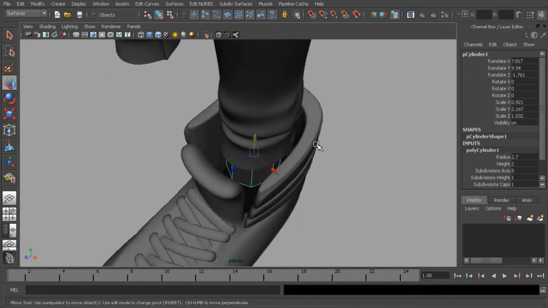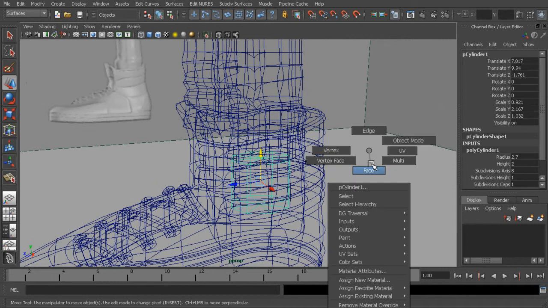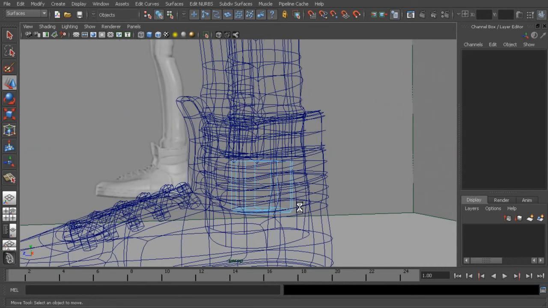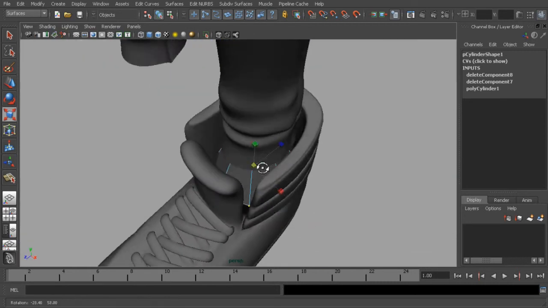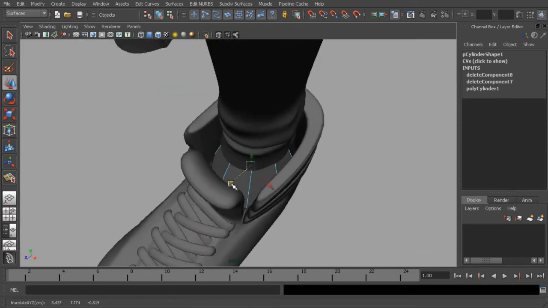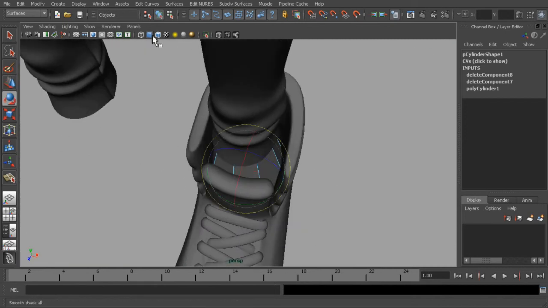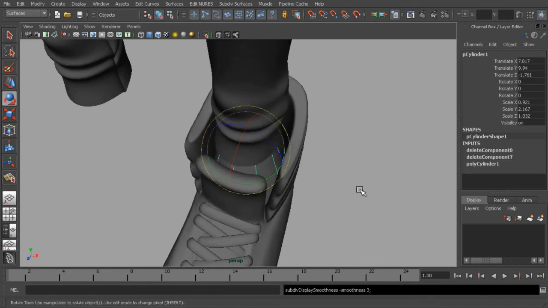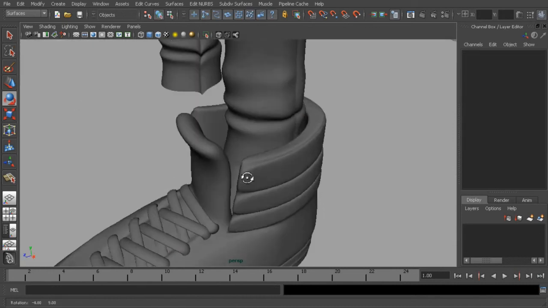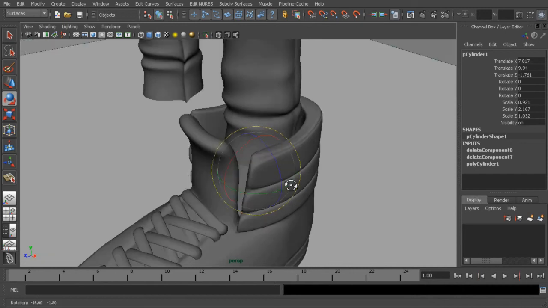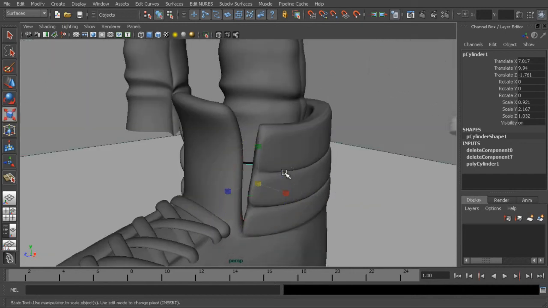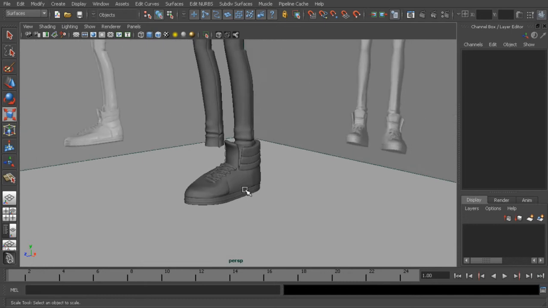Okay. Now with our wireframe on, we can go ahead and delete the top and the bottom. And let's go ahead and take the bottom, scale this up so that it sort of takes in, blocks everything from the inside of there, and we could make a special texture for that if we wanted to. So that could be, if we need to have some sort of a sock, if we don't want our jeans to go all the way down, we could use that. Alright, so